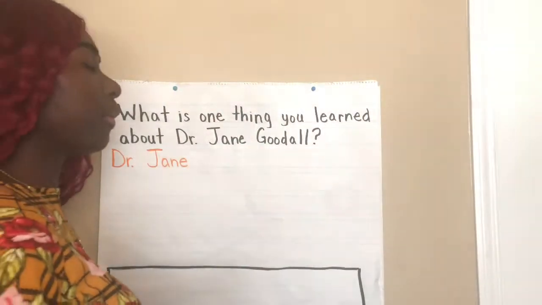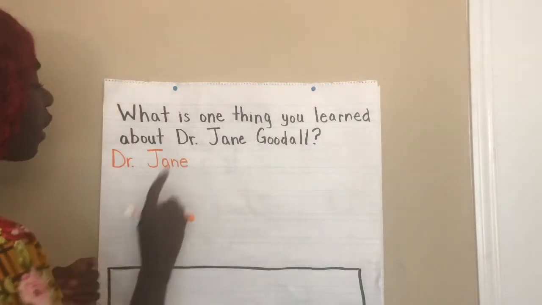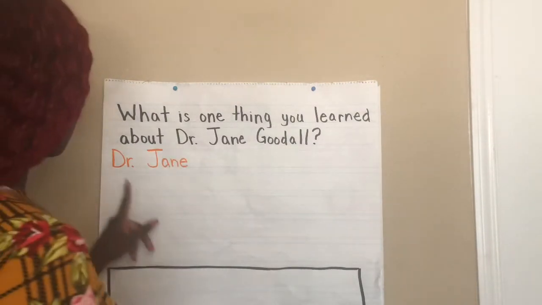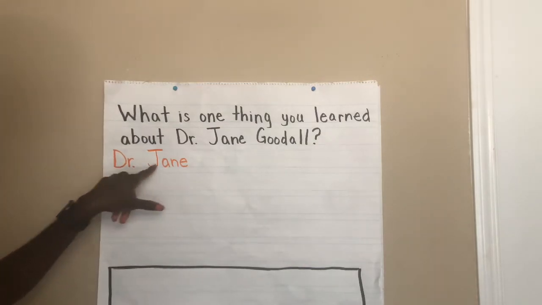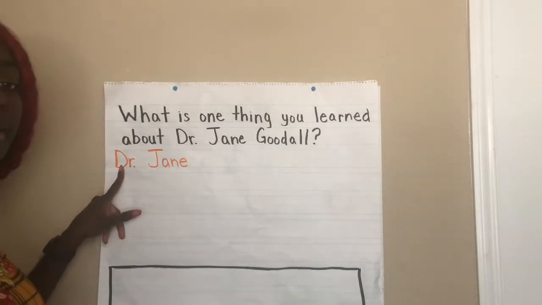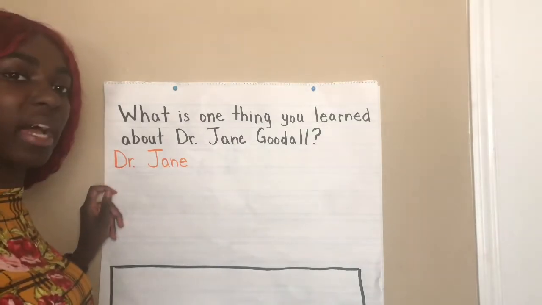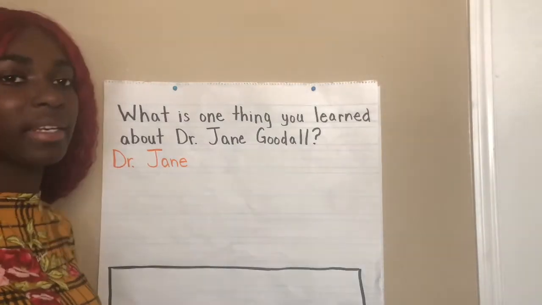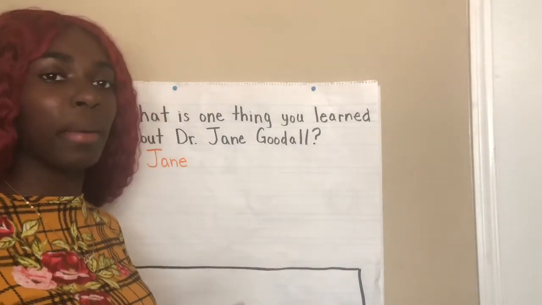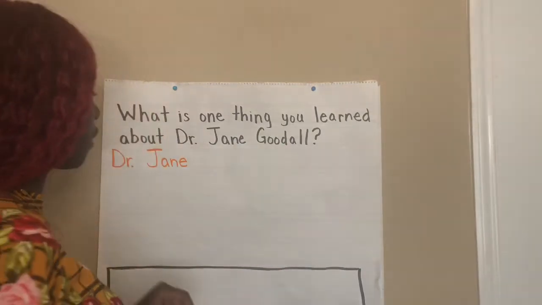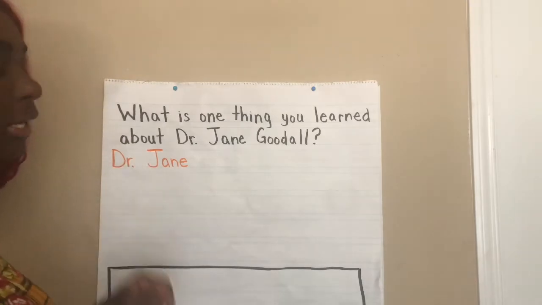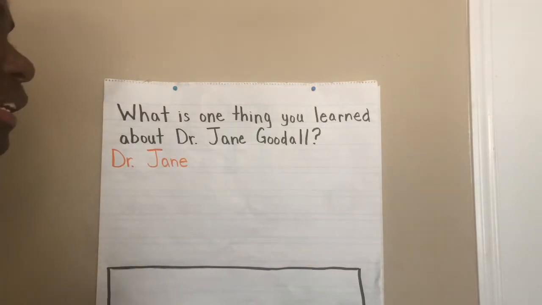So remember, we use spaces in between our words, and all sentences start with a capital letter. And the D and the J is capital because the D is an abbreviation for doctor. That's her title. Kind of like I'm Miss Kerr. When you write my name, you'll write a capital M and you will put a capital K for Kerr. And then her name is Jane. So I said Dr. Jane